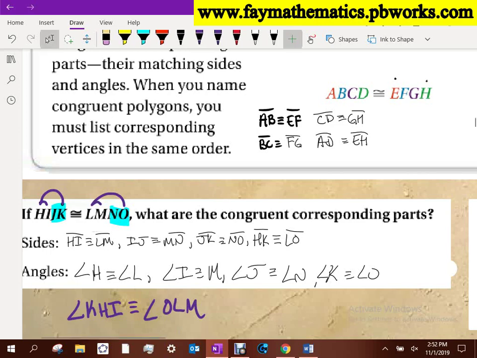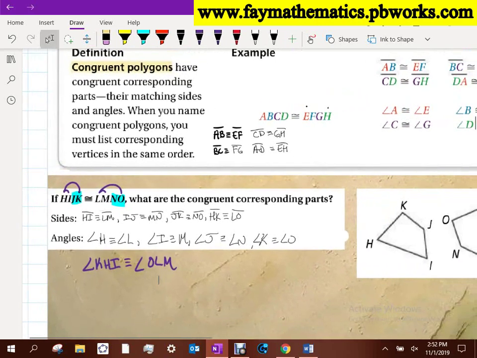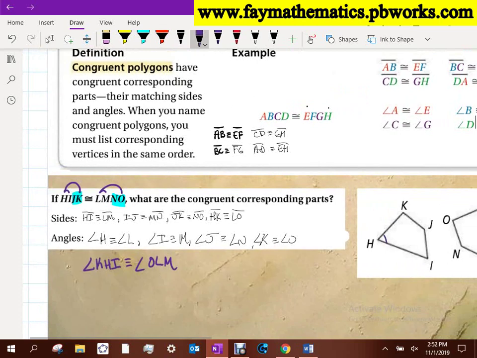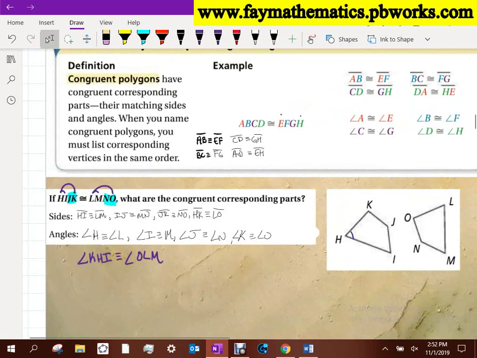If we look at our pictures then, KHI should be that angle right there. And OLM should be that angle right there. Okay? And my argument, guys, is